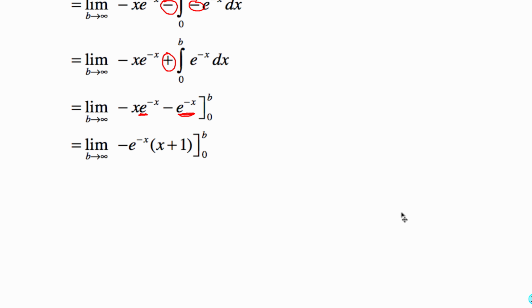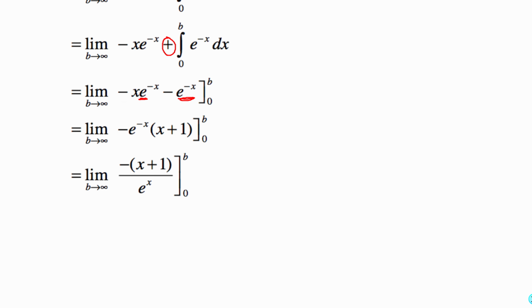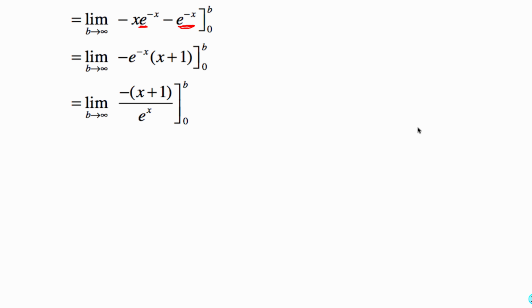Now I don't always like that written that way, so I'm going to actually write it one more way, where we're going to write the e to the negative x in the denominator. Now through that whole process we still have that limit as b goes to infinity. We still have that out in front. That doesn't just fall off and go away and then show up later on. So make sure when you're writing your mathematics that you're writing it correctly. From here, all we're going to do is take the limit as b